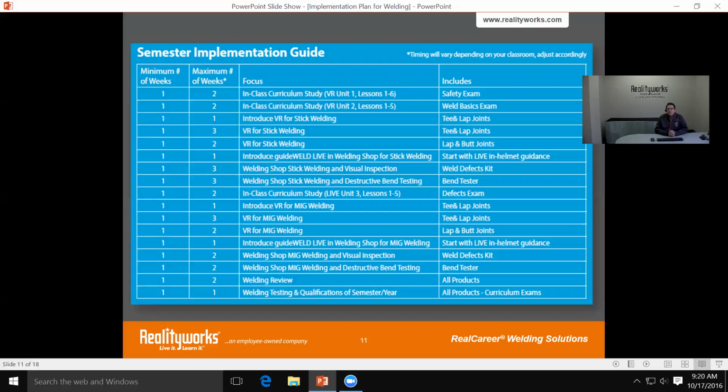Then we have our semester implementation guide. This again is just an opportunity for you to use it both in one semester time period or over a whole year. Depending on how you set up your class, you have the ability to do in-class curriculum studies. You have the ability to introduce VR both in stick and MIG, and then introduce live both in stick and MIG, and then also the